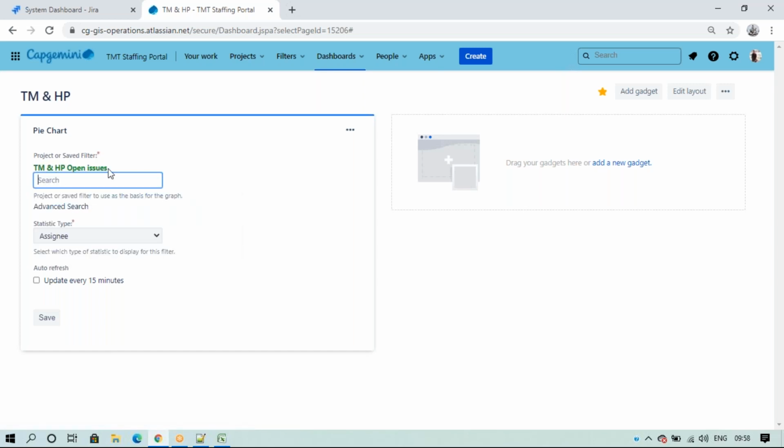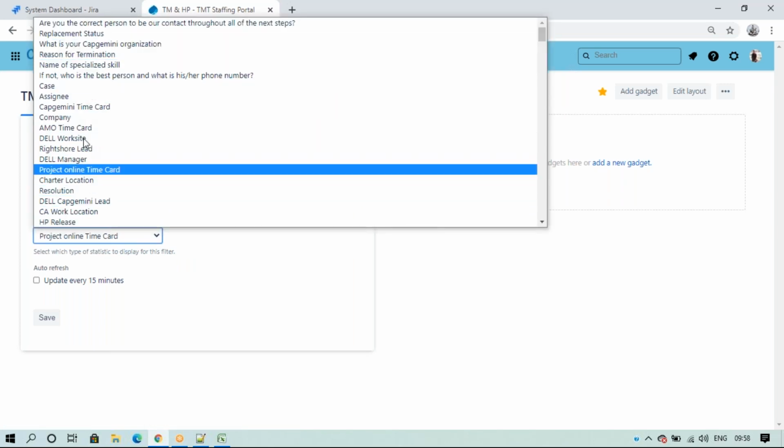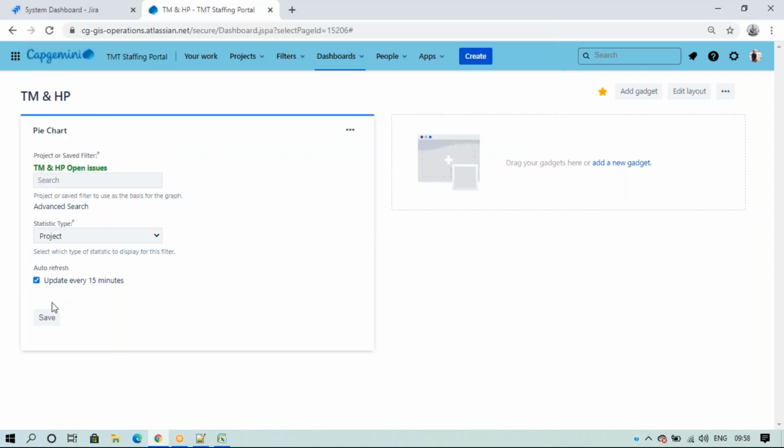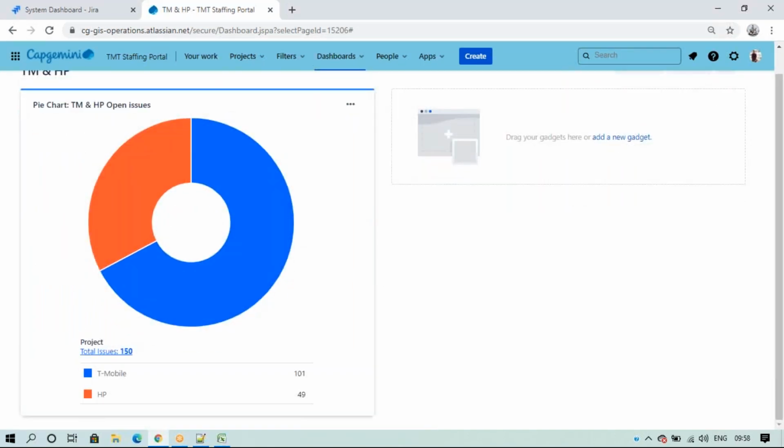This is the filter I've written. Next, I want assignee-wise, or project-wise, or issue-type-wise, or anything. So I can select maybe project. I'll choose project. Then update every 15 minutes, then save it. See, total 150 tickets. Next, T-Mobile issues 101, HP issues 49.